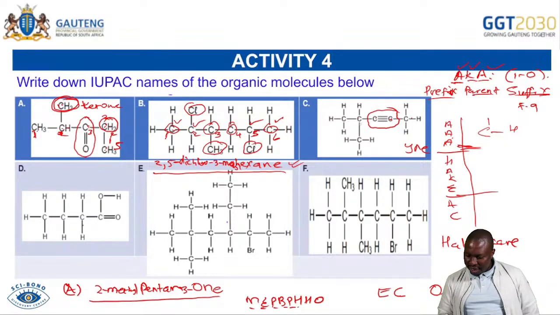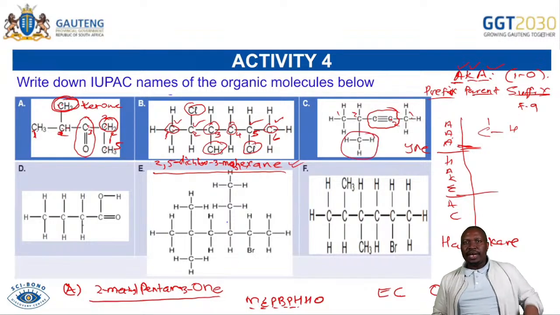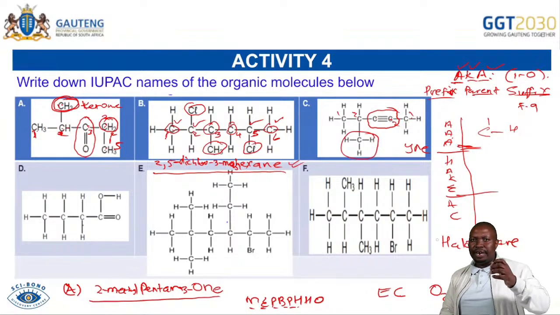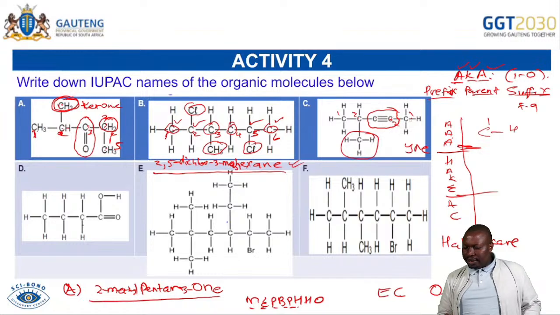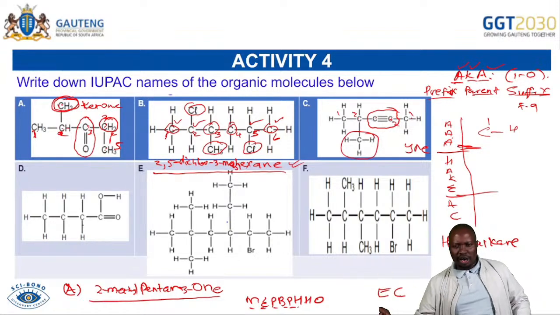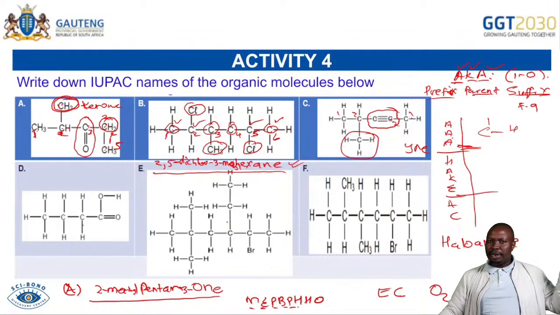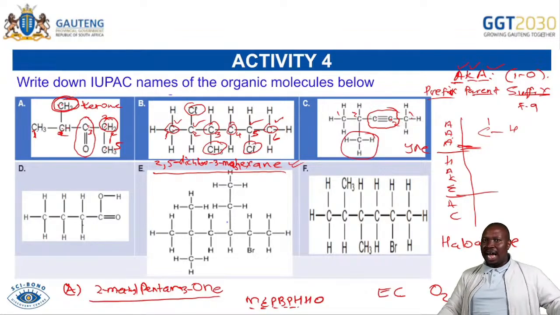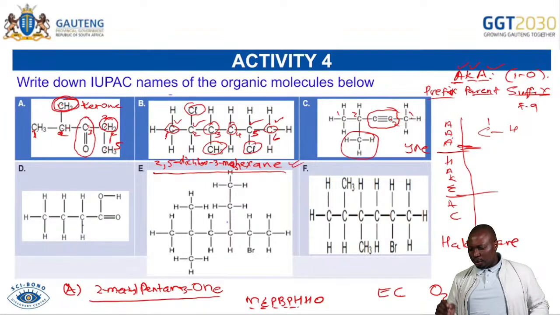Which one is carbon number 2? This one is saying I'm carbon number 1, and this one is saying I'm carbon number 1. But in carbon number 2 here, we have a functional group, and in carbon number 2 here, we have a substituent. Always, a functional group takes precedence. So you will always number closest to the functional group, not closest to the substituent. Substituents, you consider after the functional group. Functional group is the one that determines the name, how it ends. So you must always prefer it.